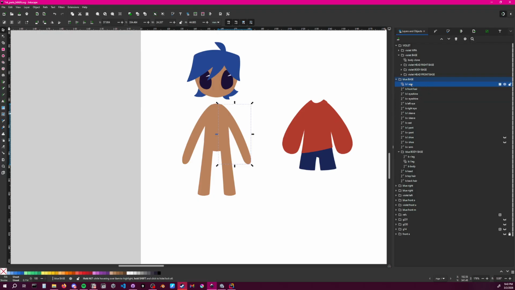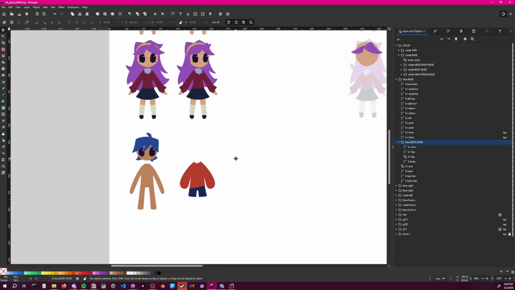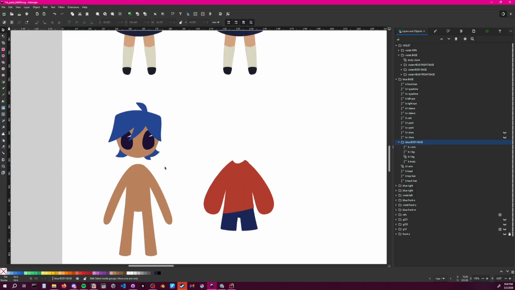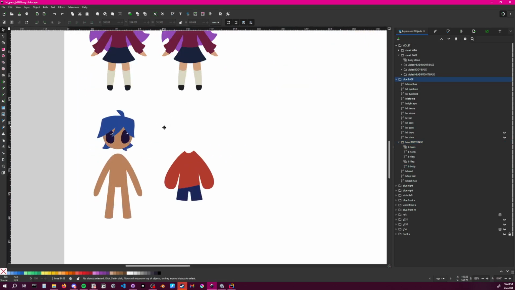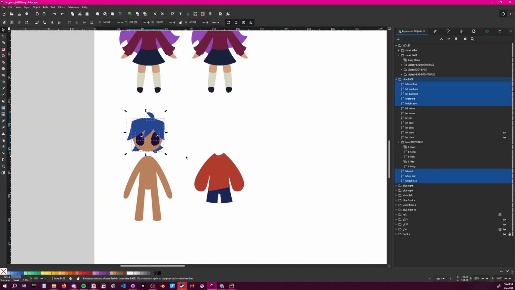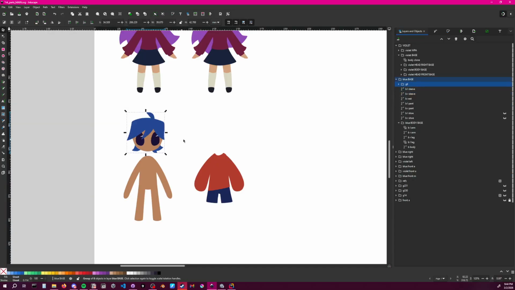Okay, cool. And then I'm going to go ahead and move both the arms into this body base folder. All right. So now we're going to treat that as our body base. You can select the entire thing and move it around. All right, so now I like the head's fine. Head doesn't really need to change. We might need to go ahead and